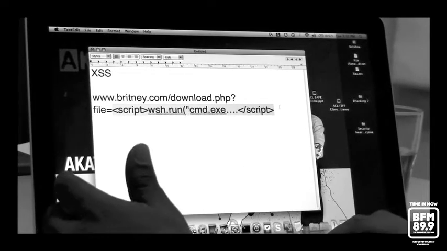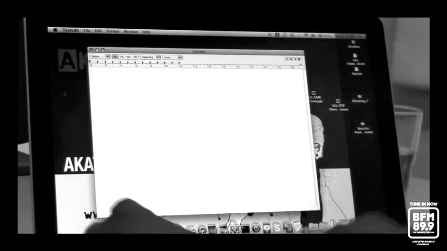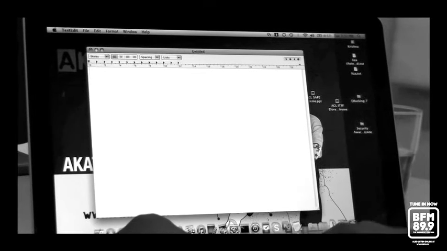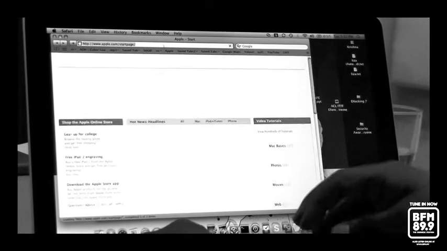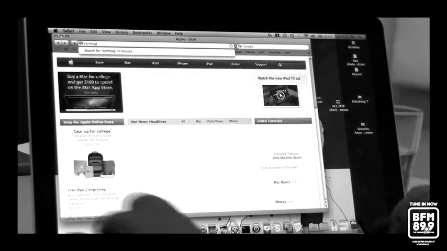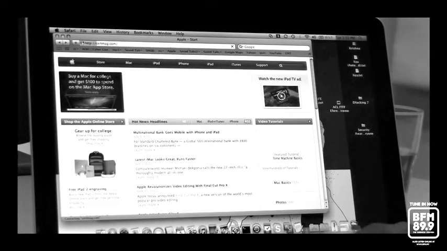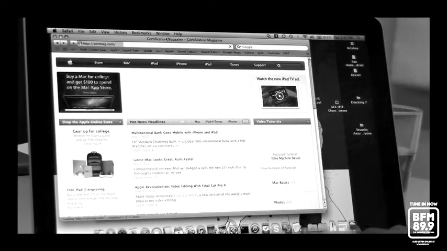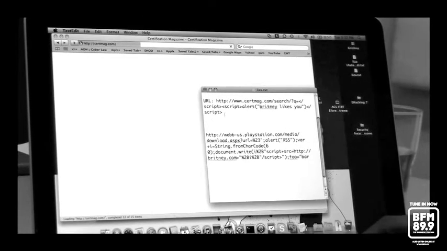Let me just show you some examples of some major sites that are vulnerable to this cross-site scripting attack. One, for example, you would probably have seen. I'm just going to show you this example of this website called certmag.com. Very famous for IT certification resources. They're quite a big site, Certification Magazine. Now, this particular site also has a vulnerability. If I look at it here, I'm just going to copy this little syntax here,